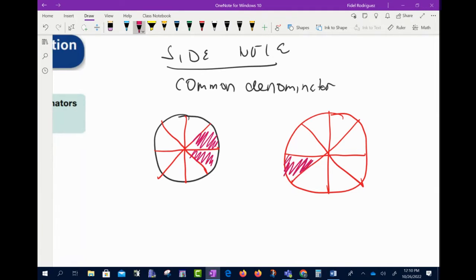Okay, so y'all, if I were to think about a part of a whole, if I look at this first pizza here, we cut it up into 1, 2, 3, 4, 5, 6, 7, 8 pieces. And out of the 8 pieces, we still have 2 pieces left, okay? Same thing over here. I've cut this one into 1, 2, 3, 4, 5, 6, 7, 8, and we have